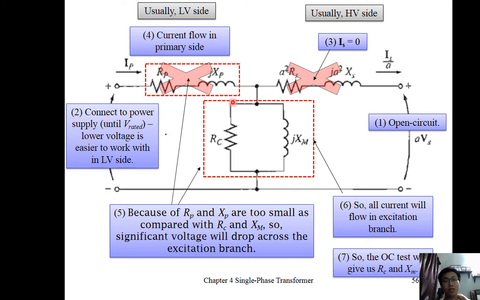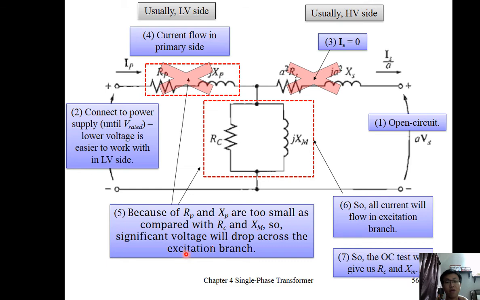Third, since it is open circuit, IS will be 0. Fourth, the current flowing in the primary side will be very small, because there is no current flowing inside here. Then we will omit this one, so we only have the excitation branch. Fifth, because RP and XP are too small compared with RC and XM,